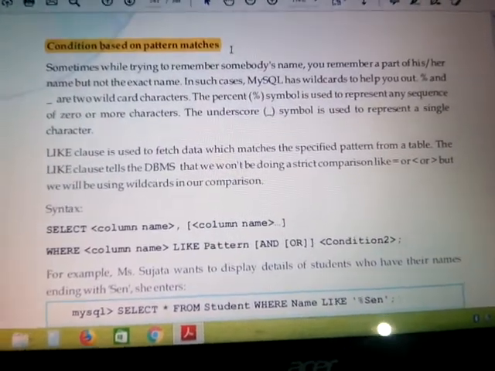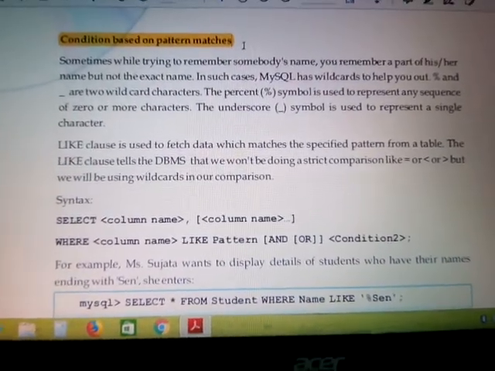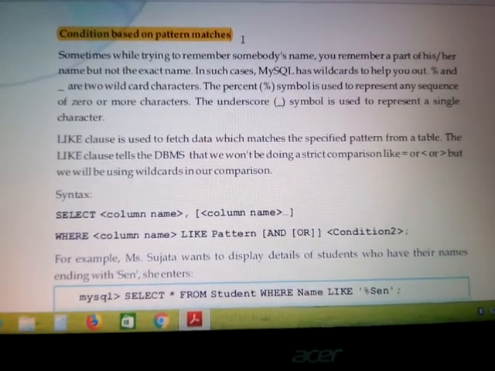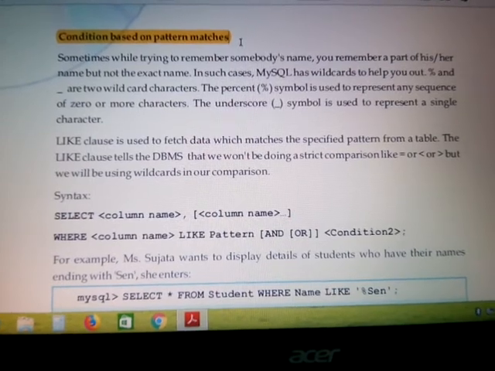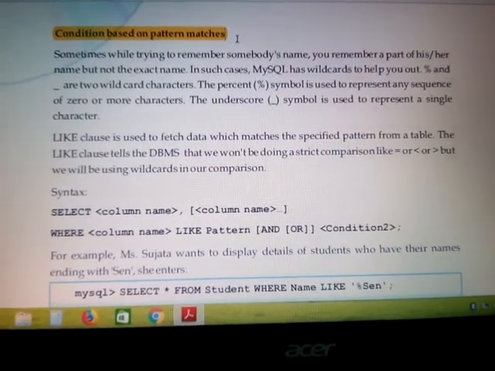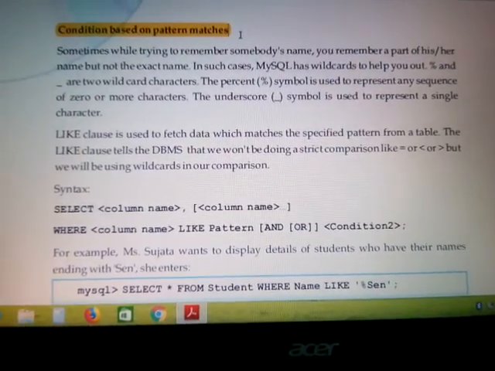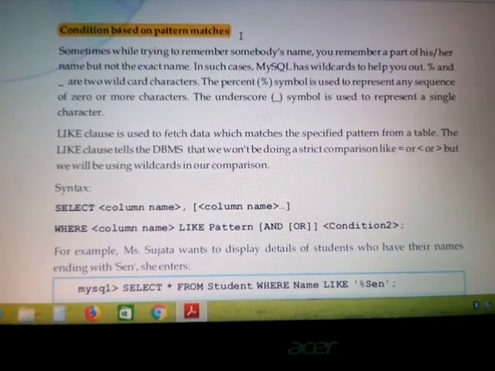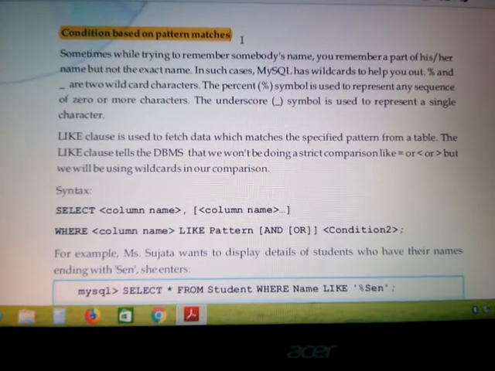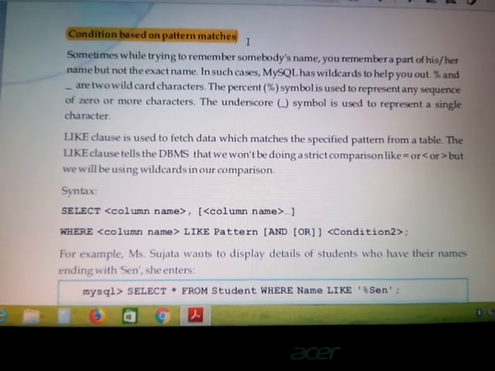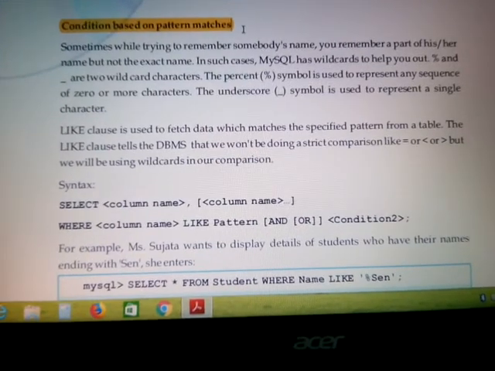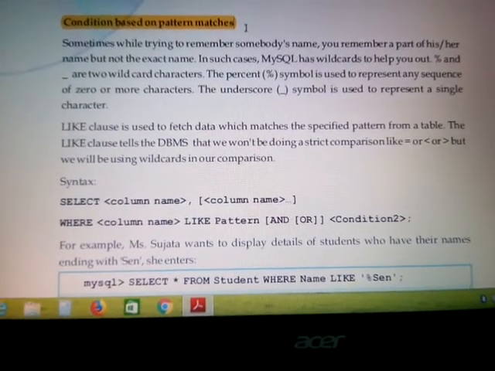Okay, next topic in select statement is about pattern matching. Now let us see what this pattern matching is. Simply, pattern matching means, suppose you want to display details of those students whose name starts with A. This is a sort of pattern. That means I am putting a certain condition where I am going to check only those candidates whose name starts with A, right? So this is called pattern matching.